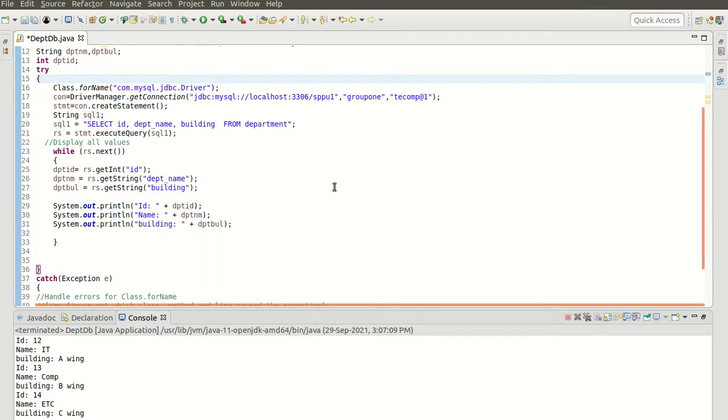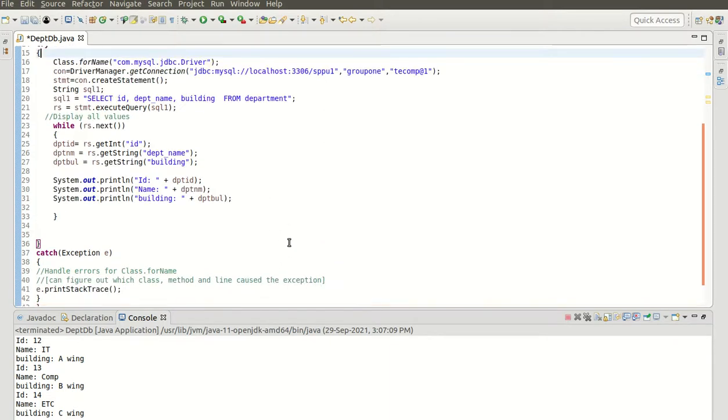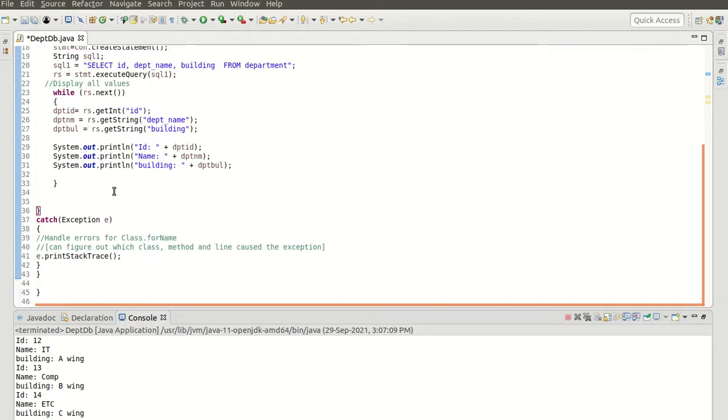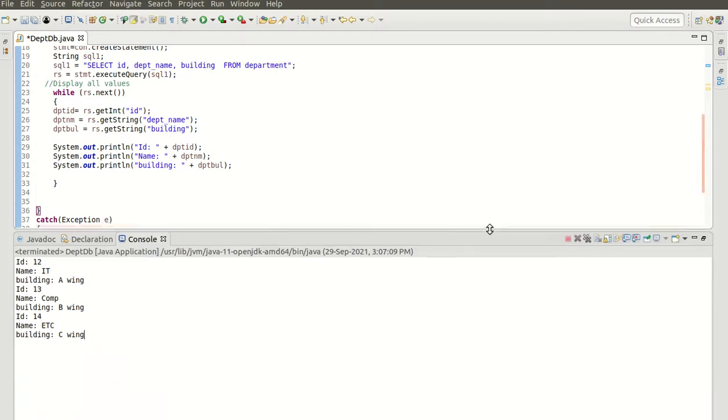Why that might happen is that I have made the MySQL installation secure and I have disallowed the remote connection. So due to that, maybe with the root it may be giving me the problem, or due to the security reasons also it may not be connecting. So I have used another username and password. Then I have prepared the select query. I have executed this select query statement and I have displayed the result on the console. Okay, so that is the Java MySQL connectivity code.